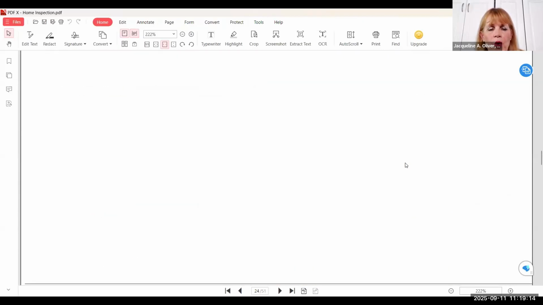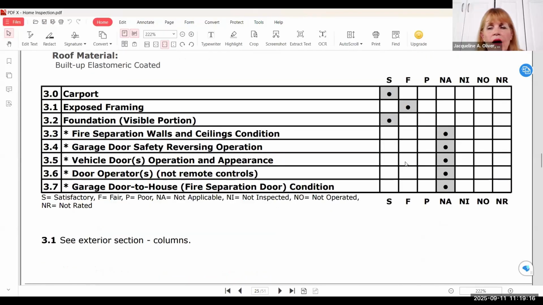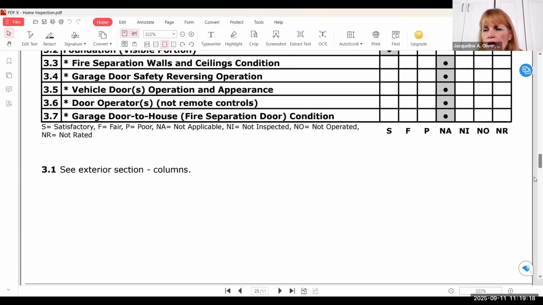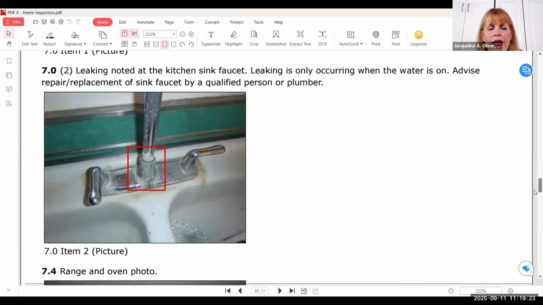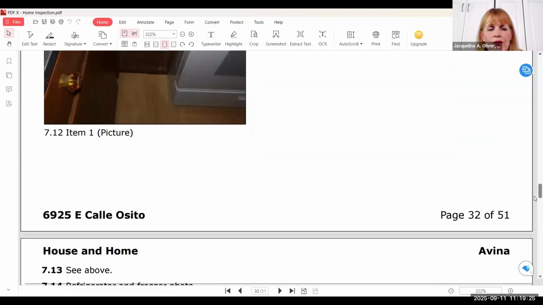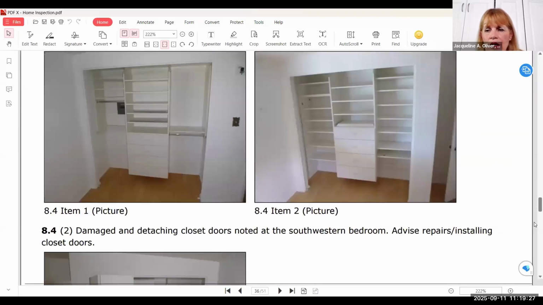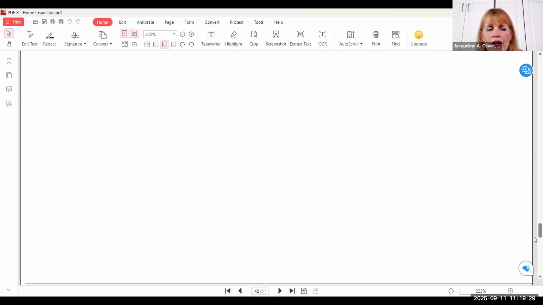So you've seen a report. I'll take you to the end. There's a color picture, and again, all of them have a grid afterwards. It's kind of like a summary. Okay, and the reports vary.